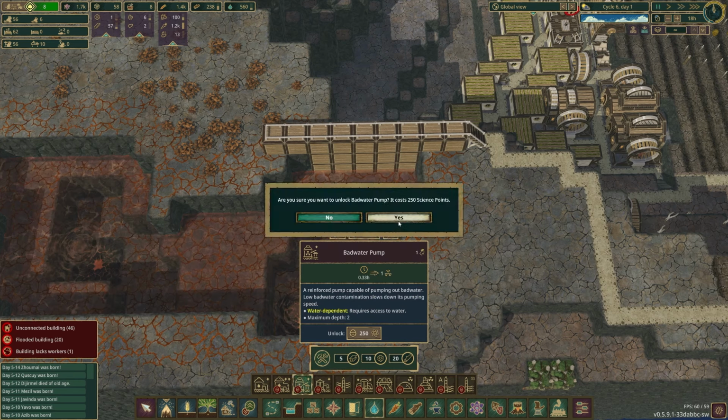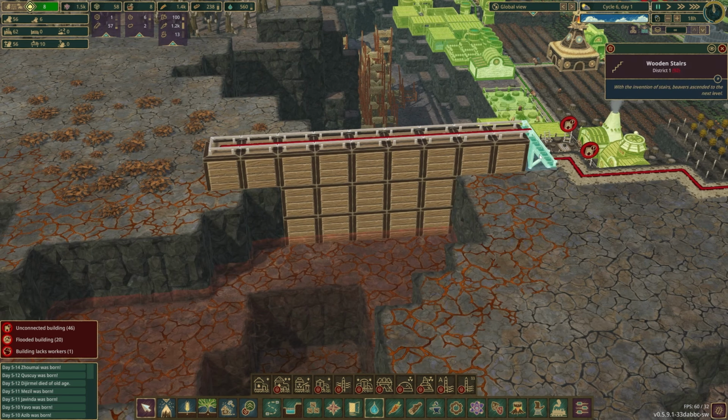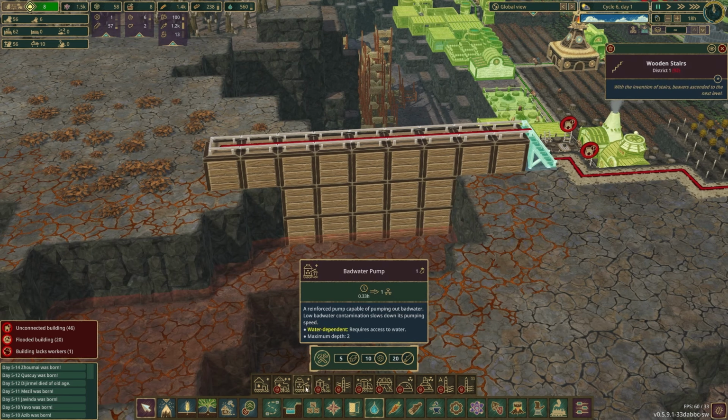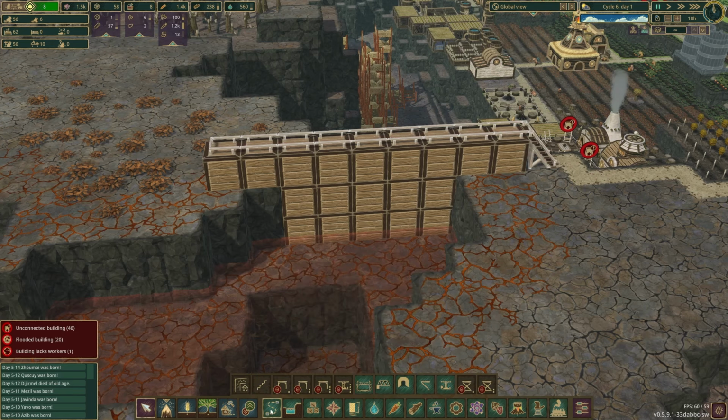Now, we could pop it there. However, with our cheesy little worm repulsion system here, it's a tad risky to pop it on there, to say the least. So, since we already have this wonderful wooden stair in here, I'm going to pop the Badwater pump off the edge of this dam. And we're going to do that using, that's right folks,